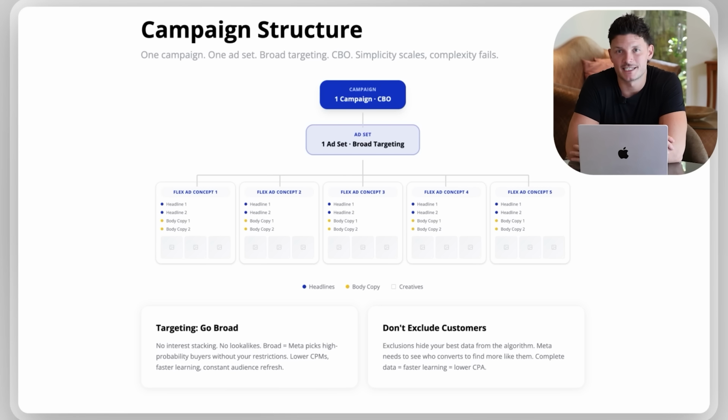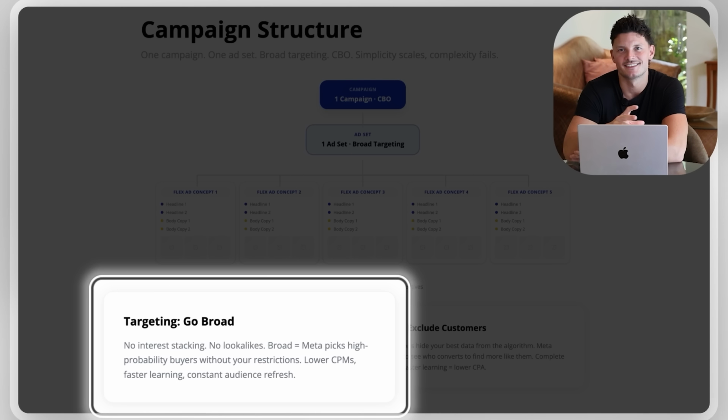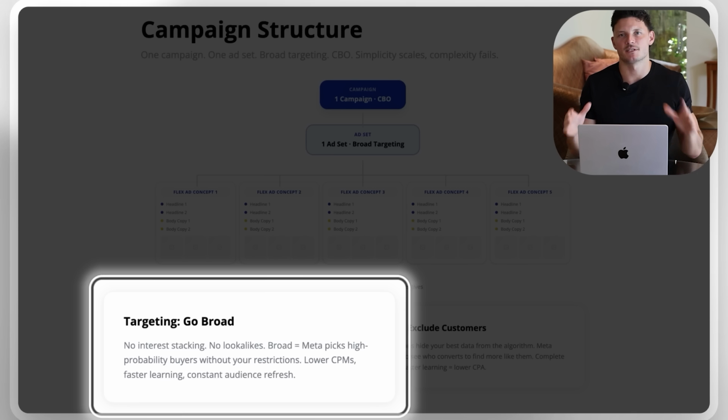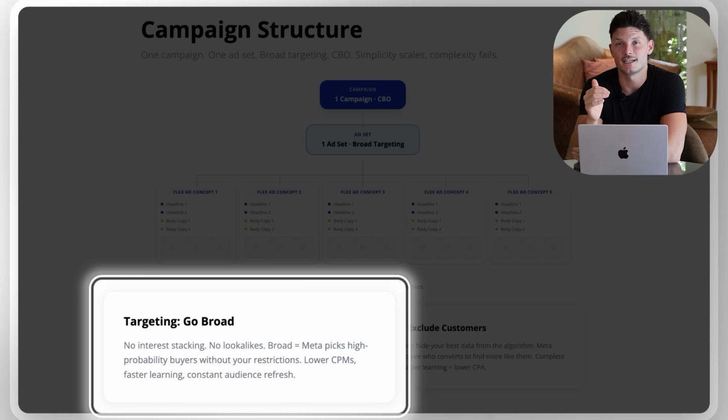So we're going to use a hero product. Now let's get into the targeting. In 2026, I found what works best is just going broad. No interest stacking, no lookalikes, just broad, and let the algorithm do the work for you. So what broad targeting means, it's not everyone, it's optimized anyone. It's Meta allowed to optimize without your restrictions. So that's actually smarter targeting. It's not lazy. And what you'll find is lower CPMs, faster learning, and a constant refresh of a new pool